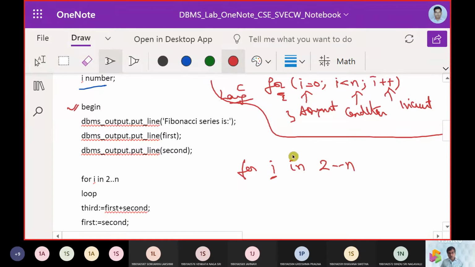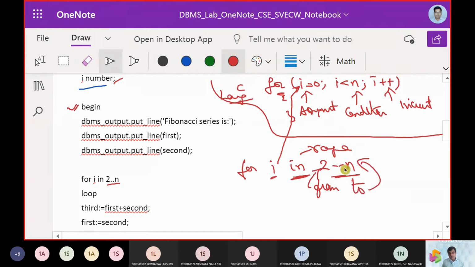Now what is i? Here i is defined, and then it is going to fix up the range, from 2 to the value n. You are going to give the range from 2 to n.